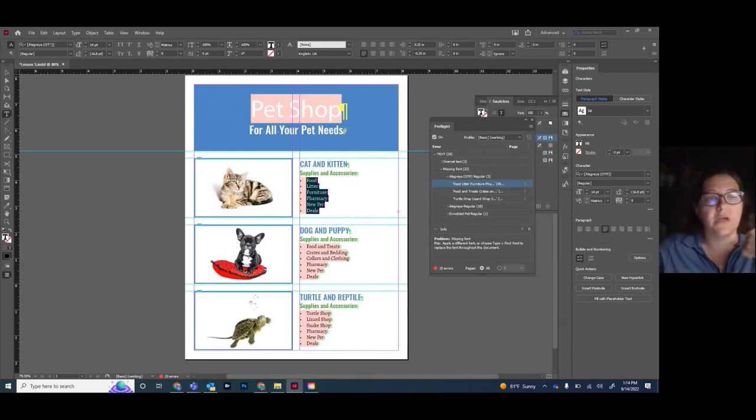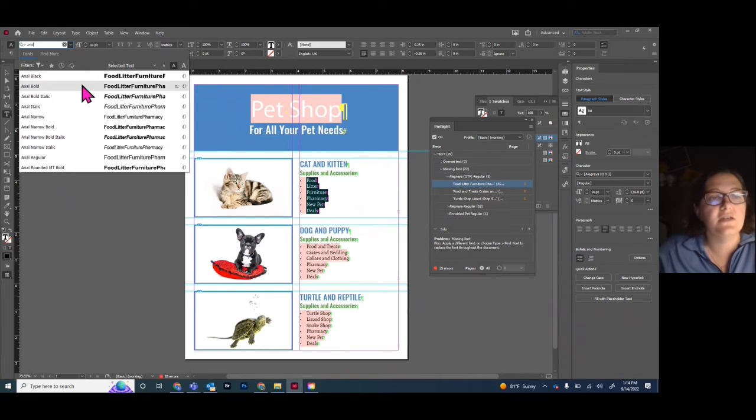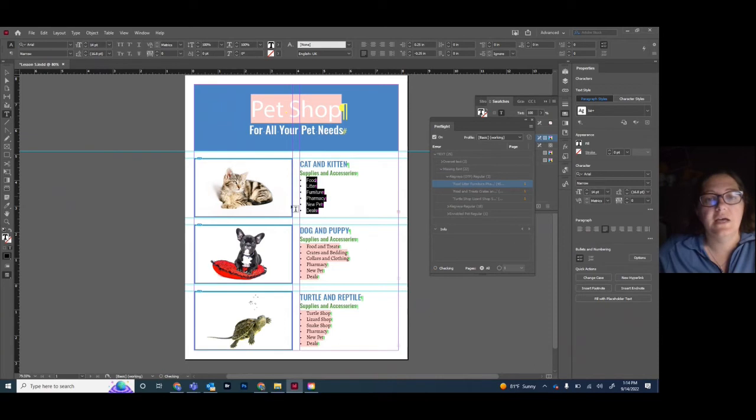Now for this, we're going to pick a real simple font that most people have on their computer, which is Arial. And I'm going to start typing it in. And you'll see that it pulls up all of the members of the font family for Arial. What I want to do is choose Arial Narrow right here. Now you'll see the pink went away. It is no longer going to be on my missing fonts over here,